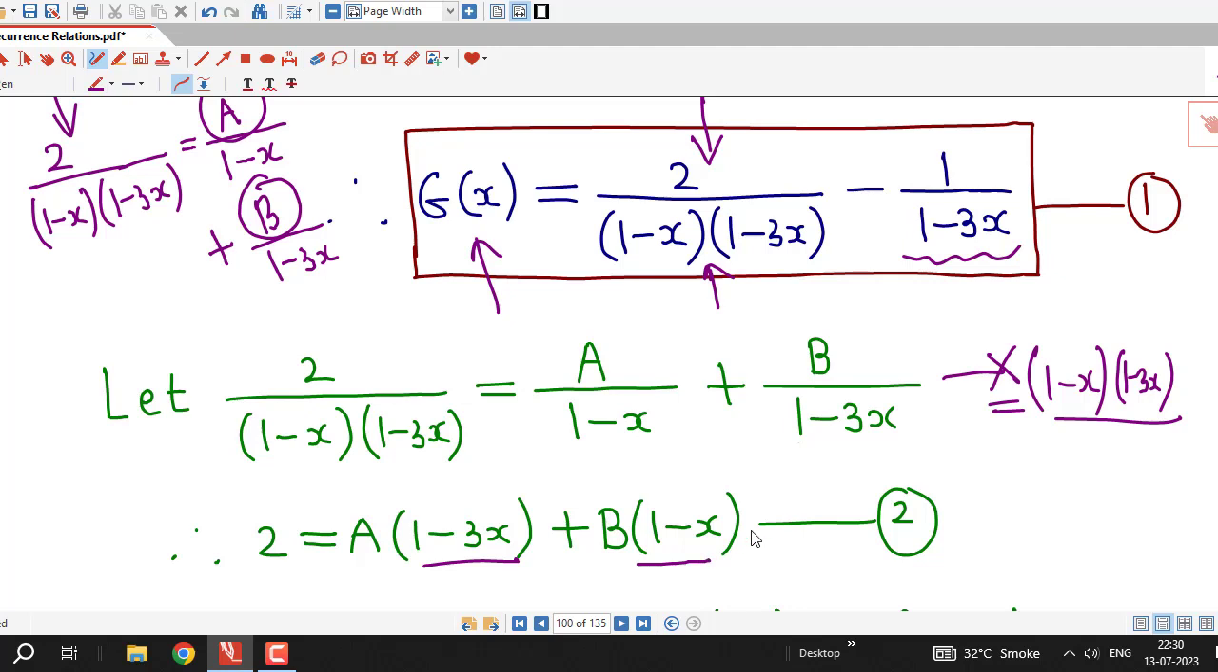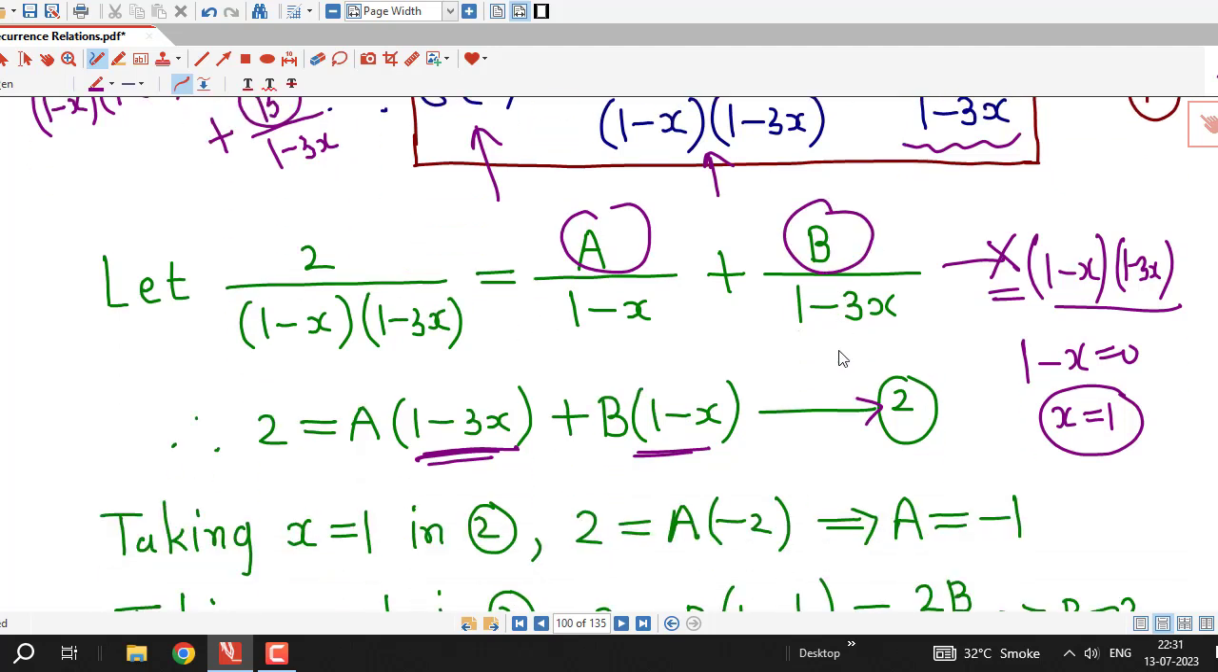1 minus x. Now these two are linear factors, so I equate them to 0, and whatever value of x I obtain, that I substitute in this number 2, and I am able to decide these coefficients or constants A and B. Similarly, if I equate this to 0, I will have x equal to 1 by 3. So I will put x equal to 1 and x equal to 1 by 3 to decide the constants A